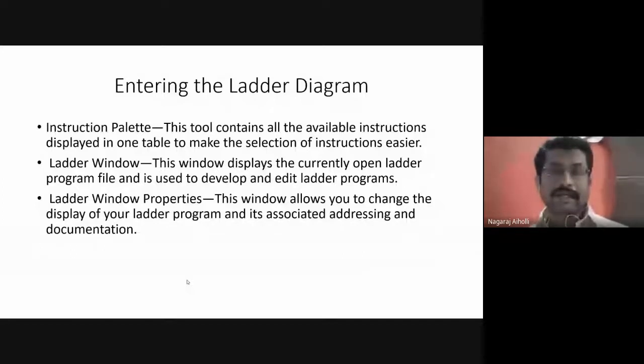The color of the rung, right? We can change it. The thickness of the rung, just like how we change the color when you draw in Microsoft Paint, correct? You change the thickness of the line, you change the borders, correct? You change the color, then borders, then thickness of those lines. So all those are the properties which are associated with the ladder window, where we can change the properties of this ladder rung diagram.